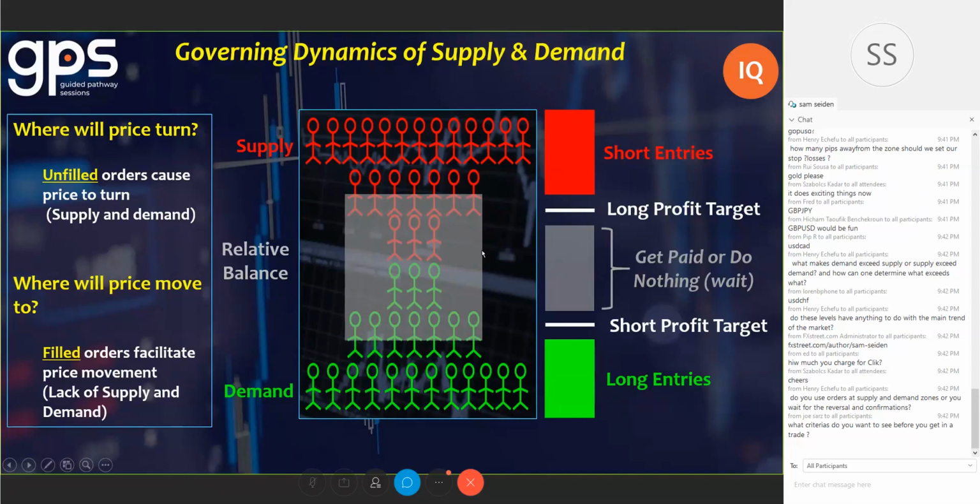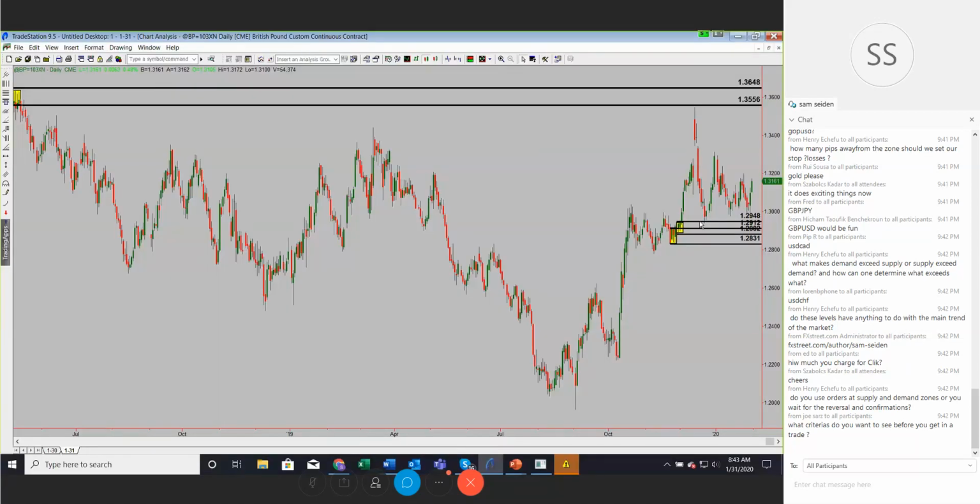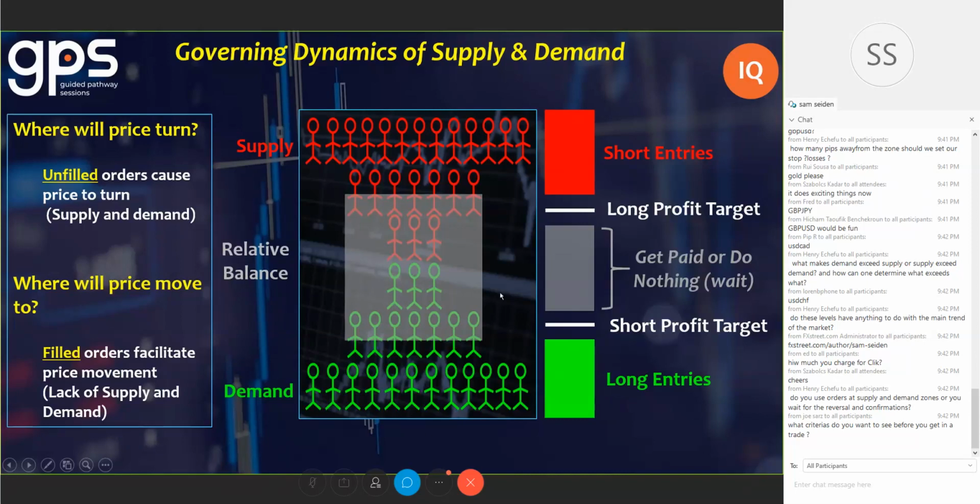I know we've only been together for about 40 minutes, but is it starting to make sense? I know some of you are new to this and no one's expecting you to get this the first time. But again, let me go back to the chart. Here's the daily chart of the pound. Here are our demand zones that we've been going over for a while, our supply zones we've been going over for a while. And we can see where price is now. So in the big picture, we've gone from up here to down here, and now we're somewhere back in here. So it's important information. We'll go to smaller time frames now in the pound, but it's important to know where we're at in the bigger picture. We just need to be a little careful here because of where we're at location-wise.